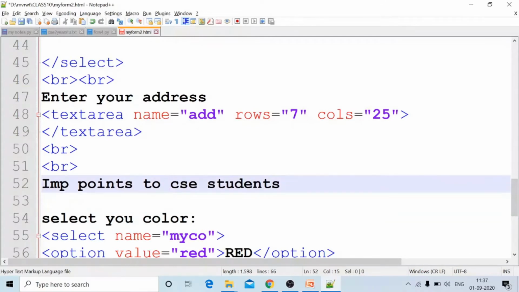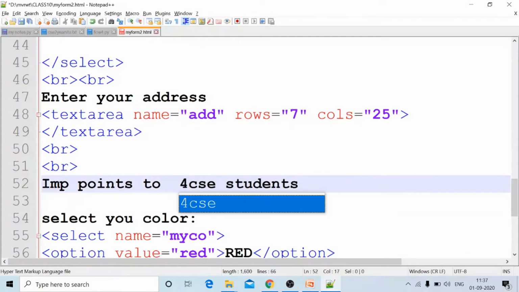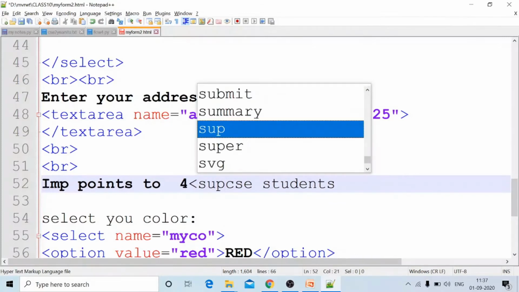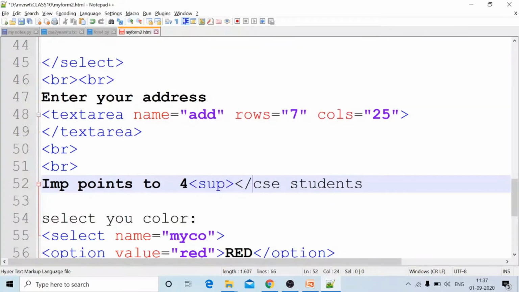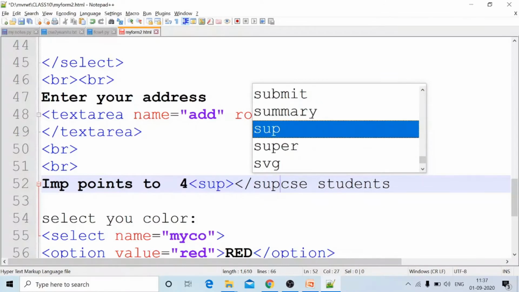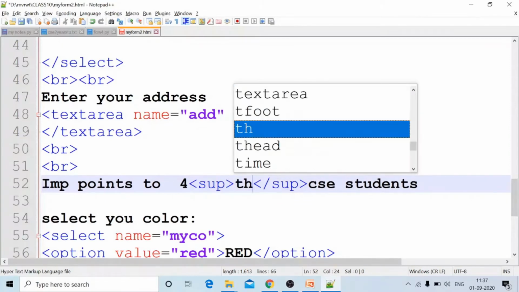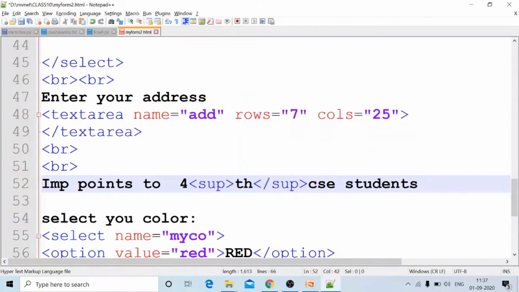Which year? Fourth year. Fourth, TH. I want to get TH at the top. Superscript: sup, slash sup. Sup means superscript. Whatever we have given between sup and slash sup will appear at the top. Important points to fourth CSC students.